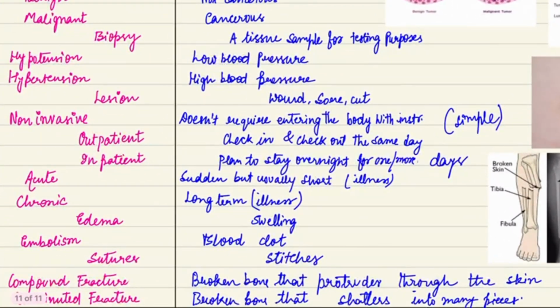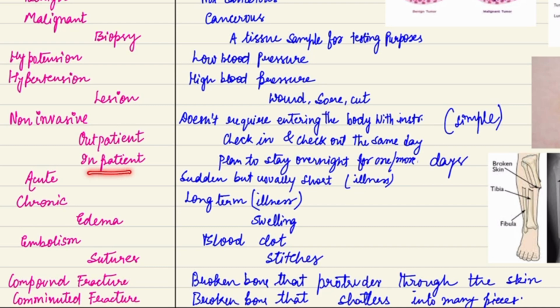Okay. Now we have two terms, outpatient and inpatient. You must have heard the word OPD in hospitals. OPD means outpatient department. Outpatients are the patients who check in and out on the same day. It's like you went to a doctor to check about some common problem, and the doctor suggests some medicine and you take the medicine and then go back home. You will be an outpatient.